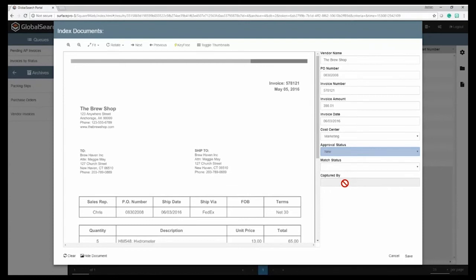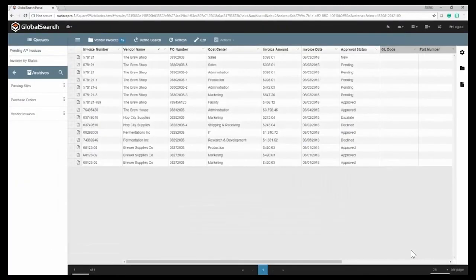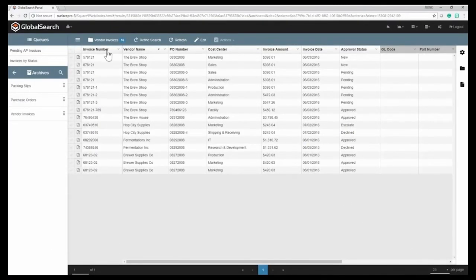We also have the ability for the system to gather some additional information about this document as it's being brought in. So in this case, I have captured by. You'll notice that the field is grayed out, and when I mouse over it, I get the red circle with a line through it. This is telling me this is a system field that as an end user, I can't enter anything into, but once I click save, it's going to go ahead and attribute my username to the captured by index field. So I'll go ahead and click save and bring this into the system. Now when I refresh my archive,